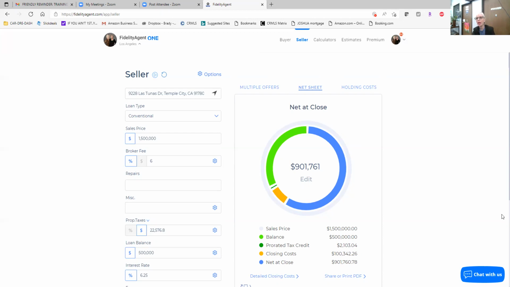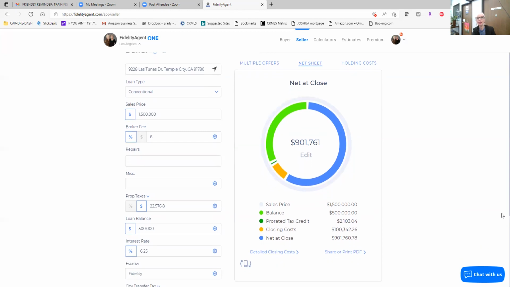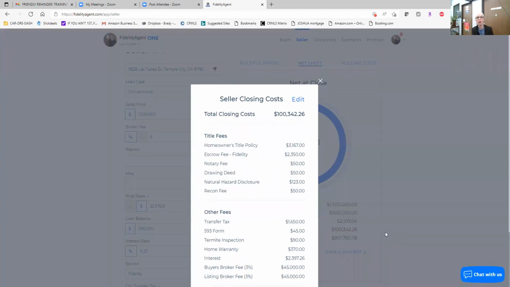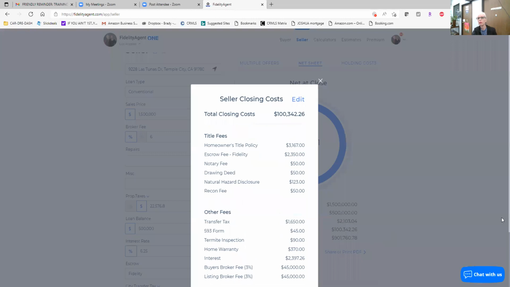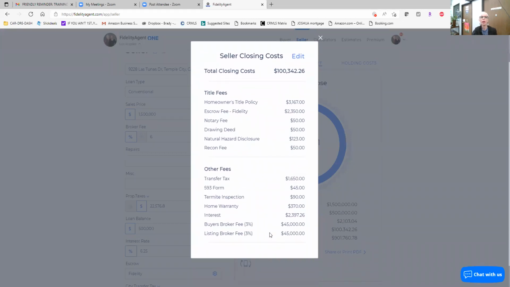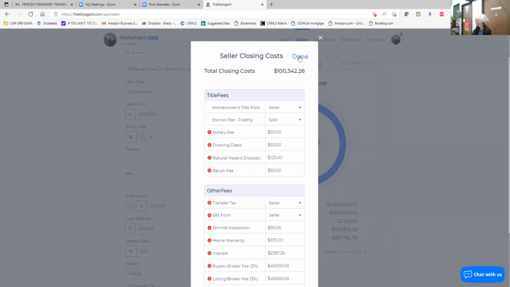Okay. You do have the ability to then go in and look at the detailed closing costs. So if they want to see, or maybe you want to see what the detailed closing costs are, you can come in here and you can edit this as well. Let me slide down. There we go. Okay. So you can go in and edit any of the items that have a red X next to them. Okay, so you can either remove them or you can change the dollar amount that's there so that it will then go back in and recalculate those fees based on those changes. Okay. Broker fee, it has it split 3% to each side. Okay, so you can see that. Then I click on done